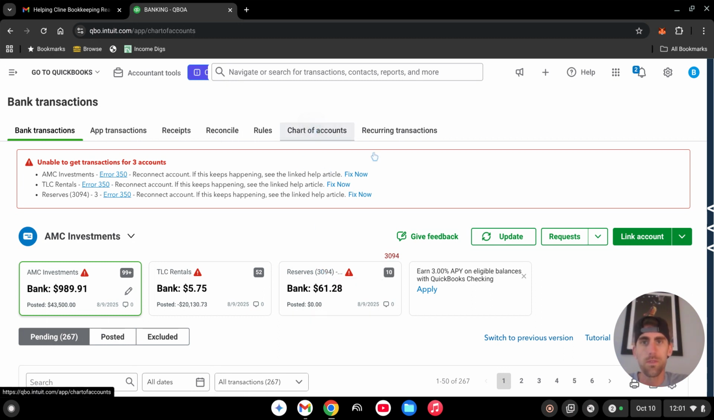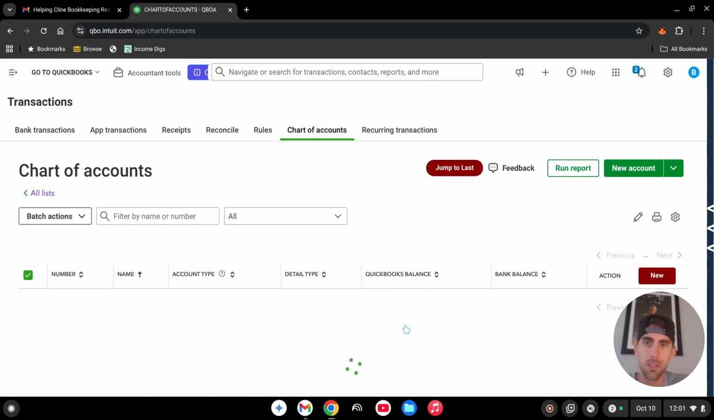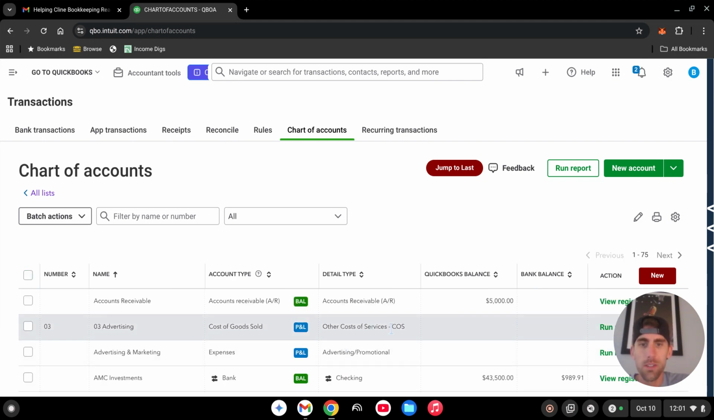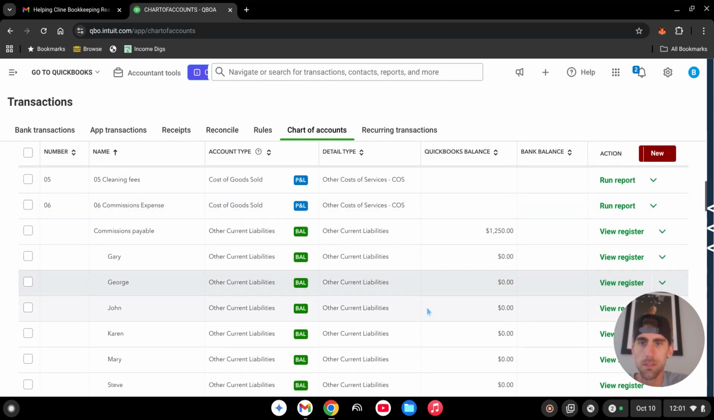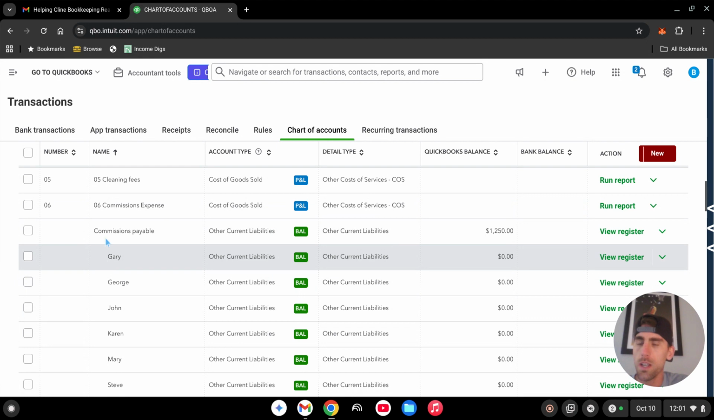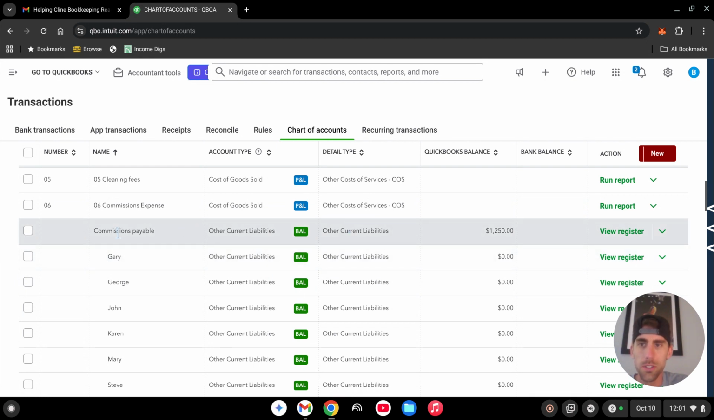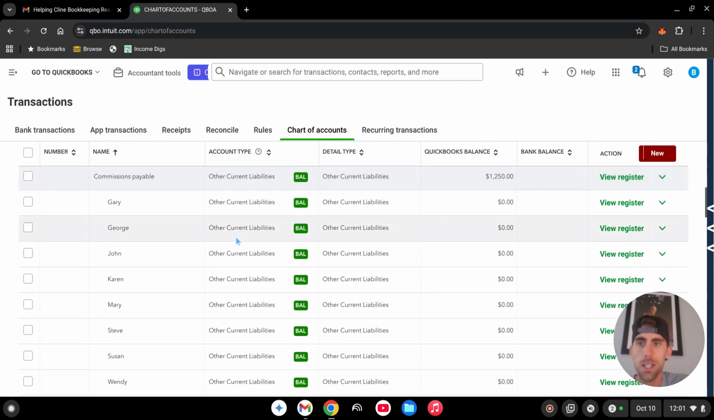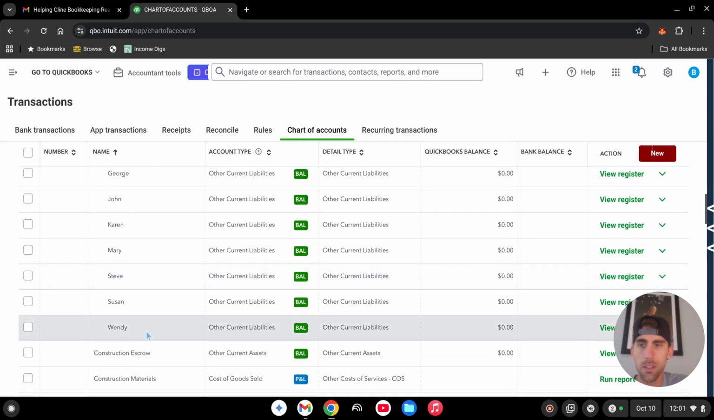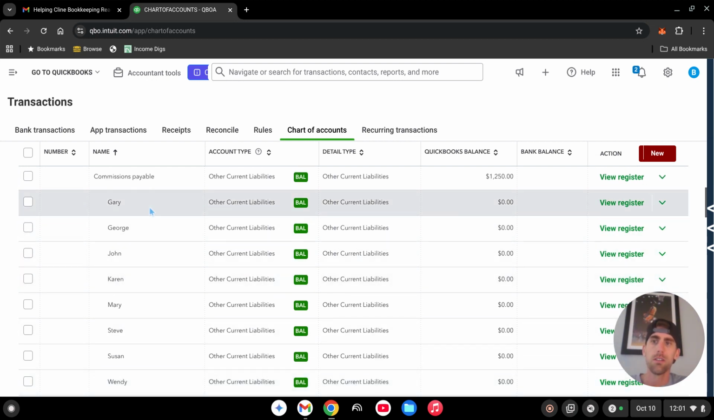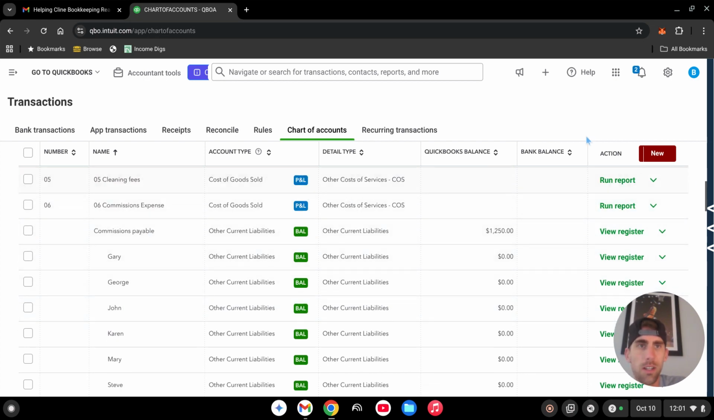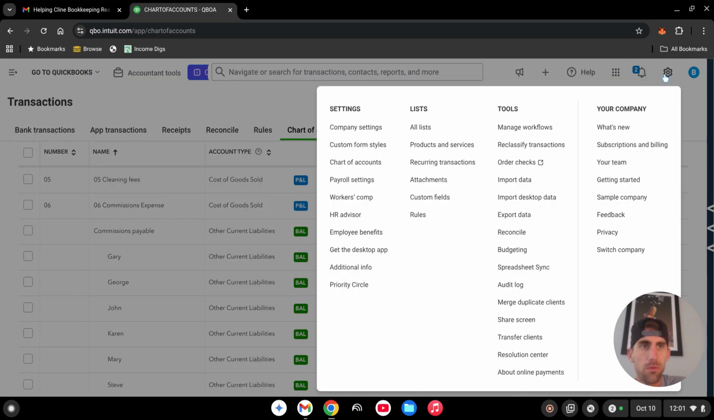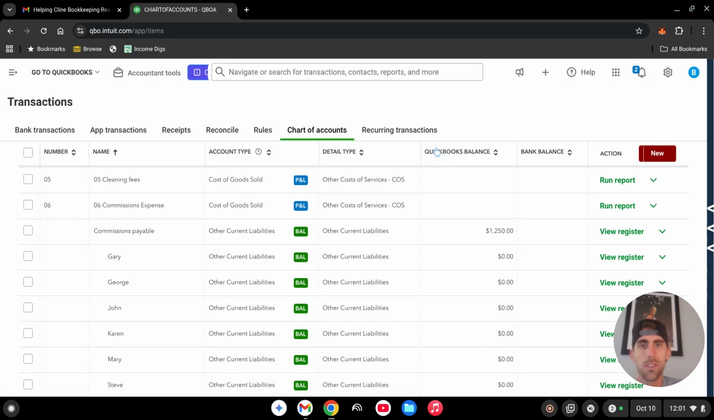So if you come into the chart of accounts, if you have like 10 or so employees, it's not too crazy. I think this is very doable. I created a parent account with commissions payable, and then I would list all the employees within the company. With that, I also would come up to the settings here in products and services,